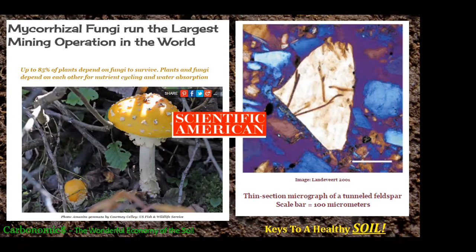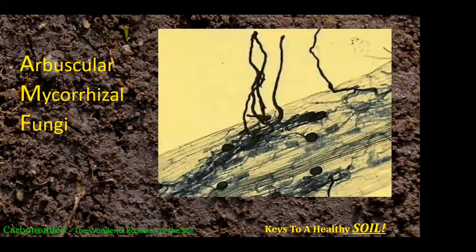As they dissolve the chemical, the hyphae grow further and further in, and they can bore holes straight through solid rock. What they're doing is dissolving the minerals that the rocks are made of, liquefying it, and bringing it back through the hyphae. Here's a picture of what they look like. These hyphae are actually attached to plant roots, and they will bring those nutrients into the plant roots in exchange